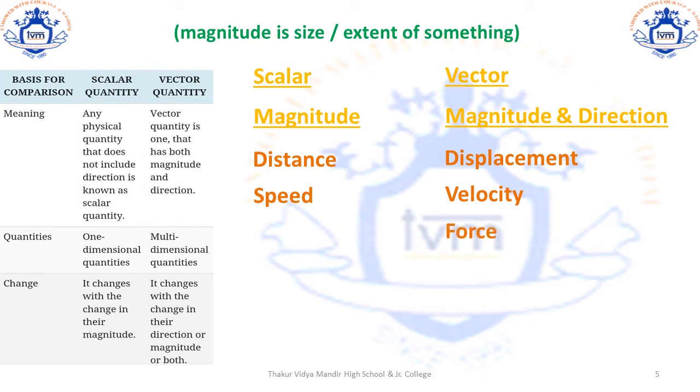Now what about mass? You can have mass, but once you know the mass, you do not need to know which direction the mass is in. It will not change in any direction, it will remain the same. I just need to know the numerical value of the mass. I do not need any direction. So I am getting complete information with only the numerical value of the mass. So mass just requires magnitude, so it is a scalar quantity.